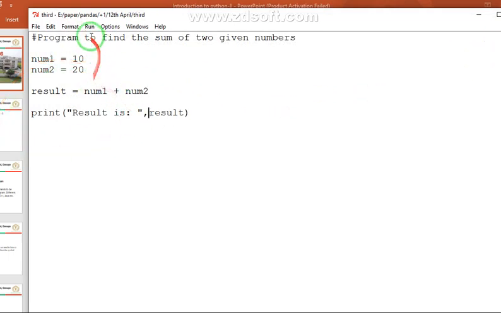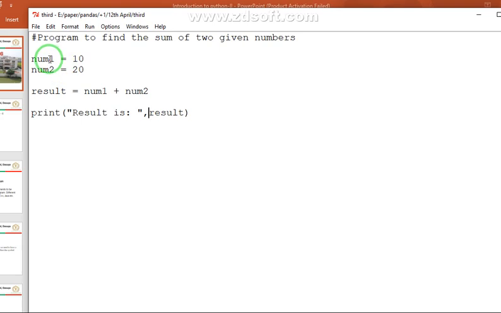Let's say this was program number 1. Here we learned about the rules. Like, we have a variable num, and it can have an alphabet also, like I have used alphabet and numeric value 1. It cannot start with a numeric value, but after an alphabet we can use a numeric value also. We have assigned values 10 and 20 to these variables. This equal to is an assignment statement here.